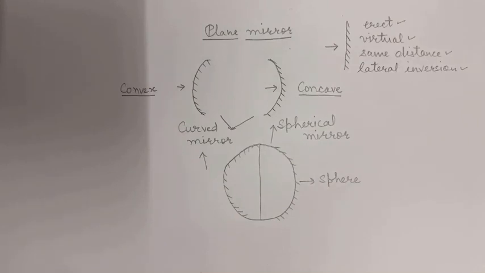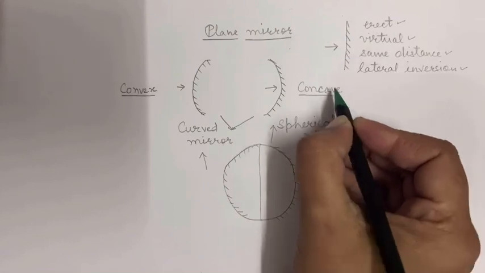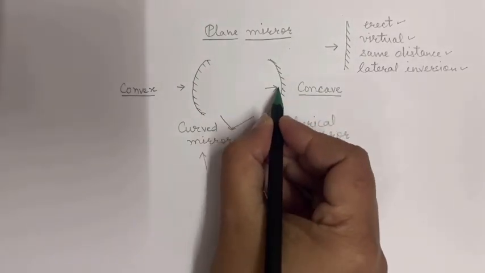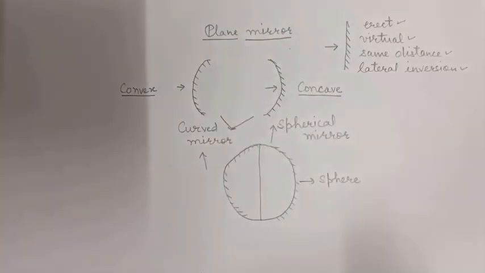It will be very easy for you to keep in mind with just one thing, that is cave. Now cave, you know, is a term used for the caves in ancient times, when people were living in caves. So what is there? We have to just enter in. So where the reflecting surface is like a cave, that will be considered as concave and the other one is convex. So basically concave mirror and convex mirror are examples of spherical mirrors.